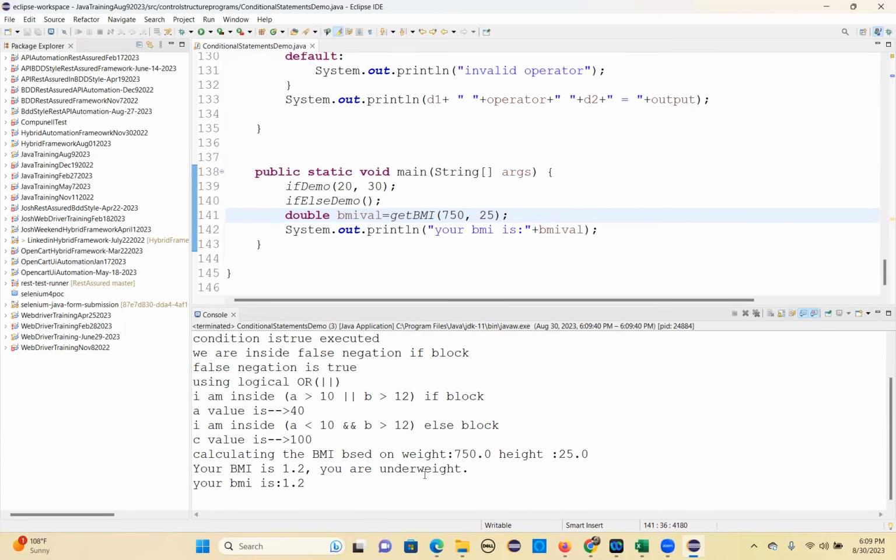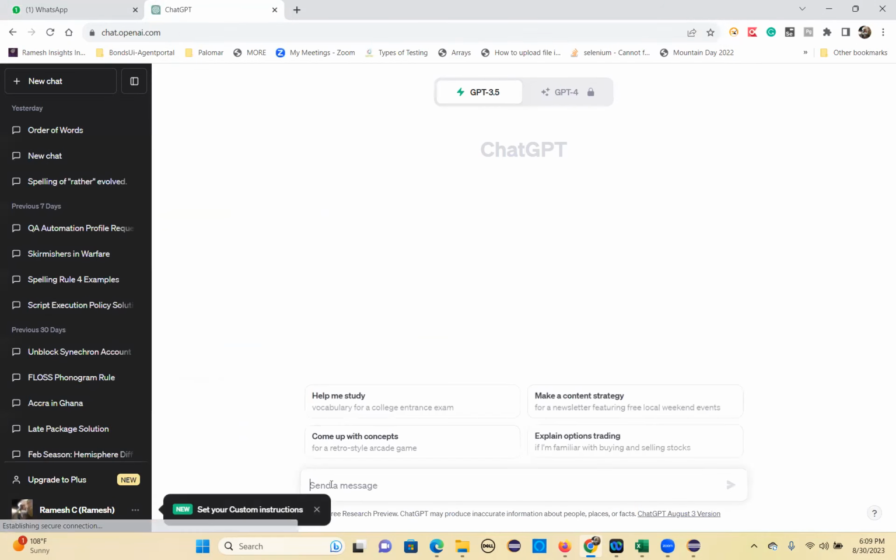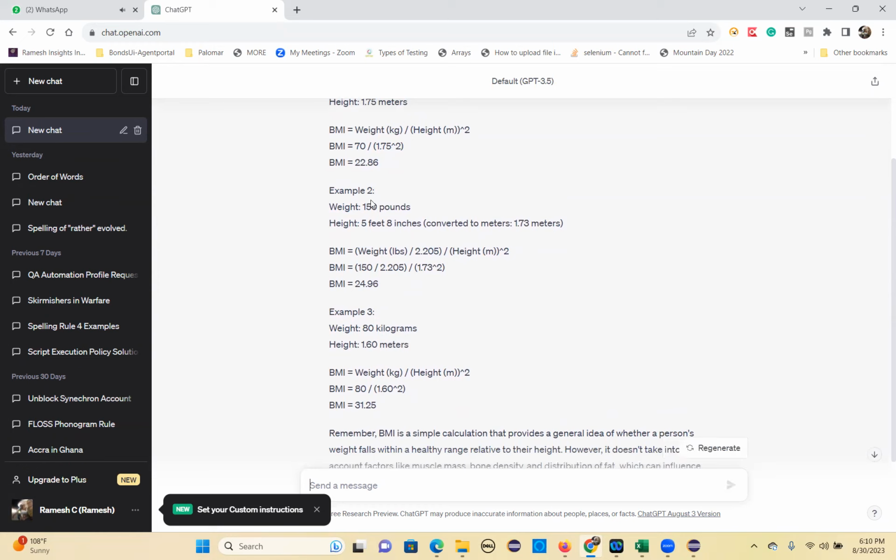So let me check. I'll just ask ChatGPT. BMI calculation examples of weight and height. Okay. So basically we have to give